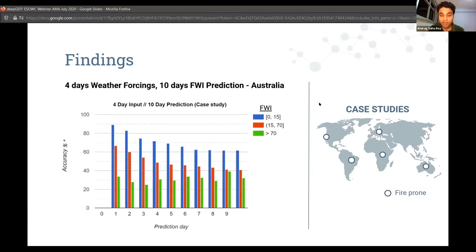And the next thing that we're also working on is case studies. So we're specifically looking at very small regions, like actual burning wildfires in Australia, wildfires in Portugal, wildfires in Latin America, in Central Africa. And we specifically look at how well our model performs in these small geographic locations. That gives us a better understanding of how and where we can improve things.